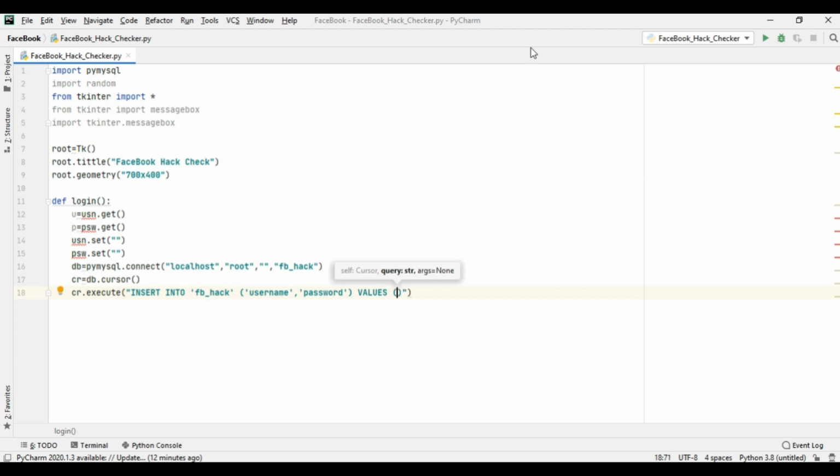Here we will write the Python. Means in case of a normal database we will pass the value here, but we will pass the value with the help of Python, so it will be %s, which represents varchar in case of Python. %u, p.